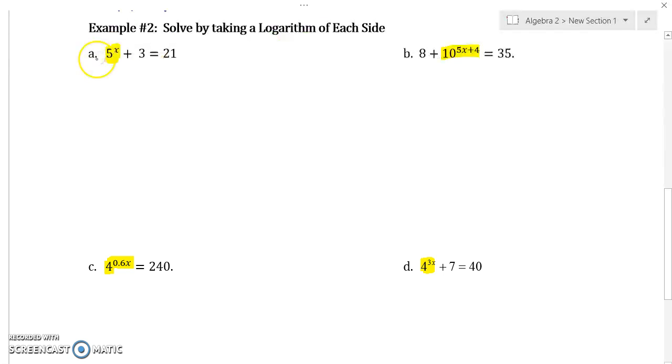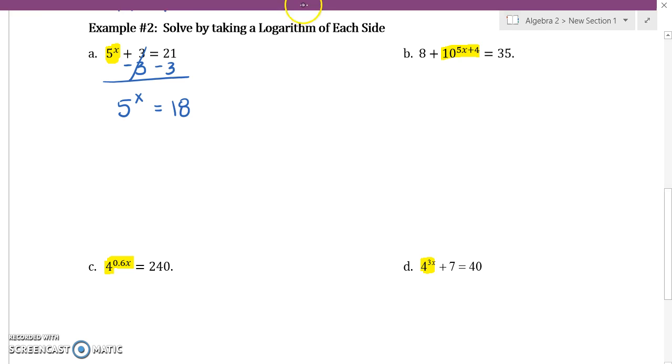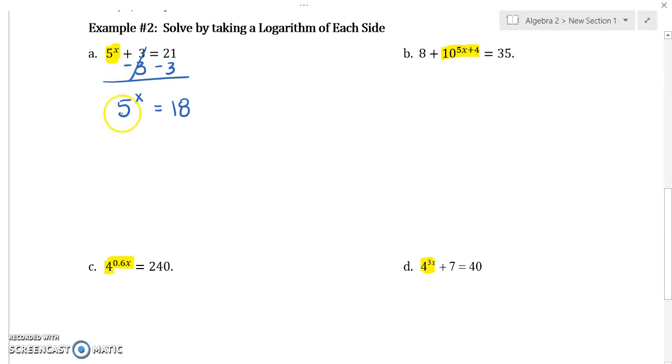So what we have to do is basic operations. I would subtract 3 first to get that 5 to the x power alone. So I get 5 to the x power alone, and that equals 18. And then once I do that, what you have to do is get rid of the base 5. One way to do that is to do its inverse, which is log base 5 on both sides. So I'm going to do log base 5 of 5 to the x and log base 5 of 18. And log base 5 and base 5 cancel out, leaving us with x equals log